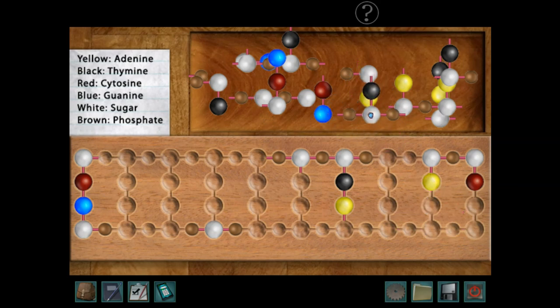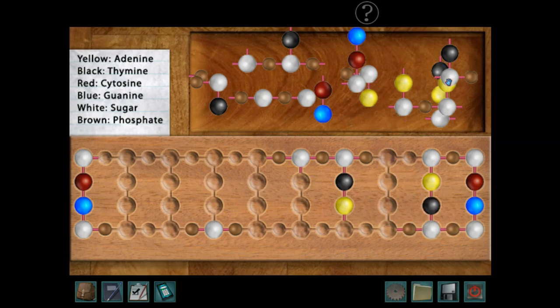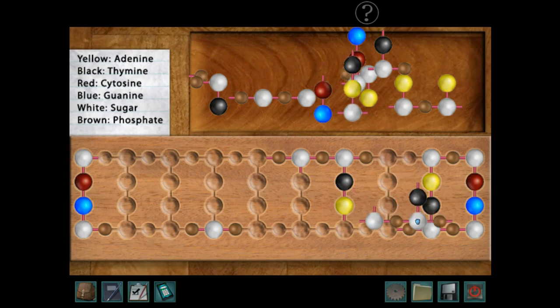And then the blue has to be this one, which helps figure out that. I guess it could be that one too. Wait. Yeah, it could be that one, but I think it's this one.